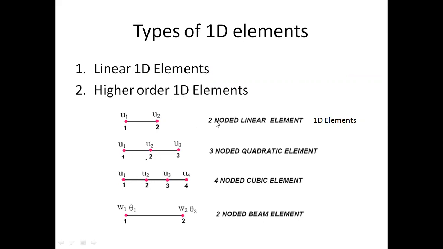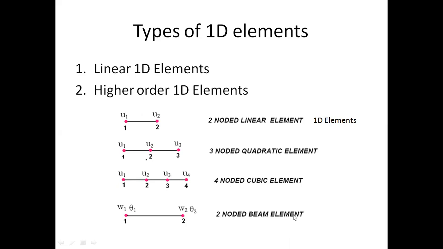In linear 1D elements, there are two nodes, one at each end, meaning the first and second nodes are connected with the element. It's a 1D element with two nodes, node 1 and node 2. For higher order 1D elements, there are three nodes, four nodes, then five nodes, then